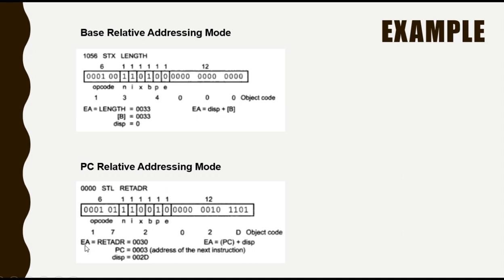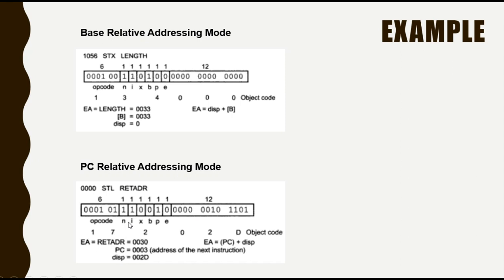So the effective address is 0030, that is the address of the return address location, and the program counter suppose contains 0003, meaning the address of the next instruction. So the displacement will be this minus this, the distance to transfer the control. So the displacement is 002D, which you have to write in 12 bits.